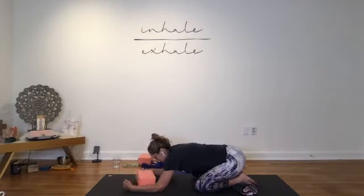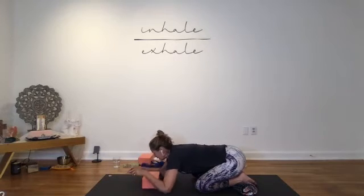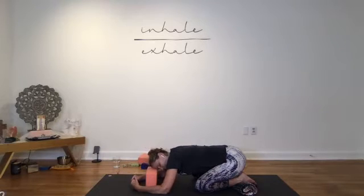Maybe putting that block under your head, right? That could be as far down as you want to go, but just having that support on the head. And if you like that idea, if the head is actually touching down on something, as opposed to just being up in space, you can roll the forehead side to side, a little massage, even stopping, a little pressure on one temple and on the other,